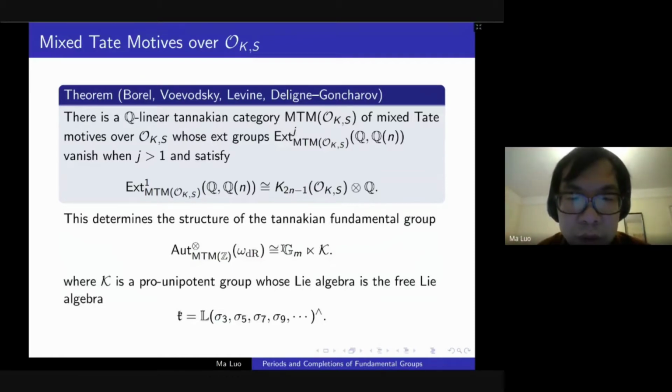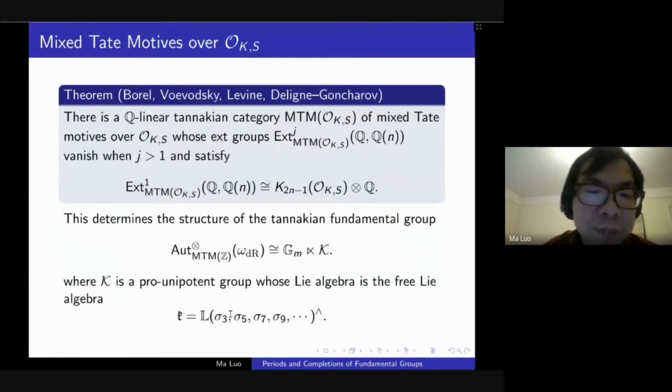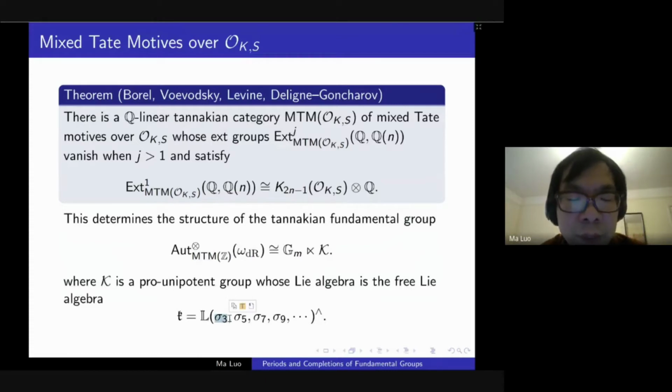As we know, the reductive part corresponds to the semi-simple part of the motif. And the pro-unipotent part, or unipotent radical part, corresponds to the extensions. For example, sigma 3 would correspond to zeta 3, which should be interpreted as a period of the extension of Q by Q(3),